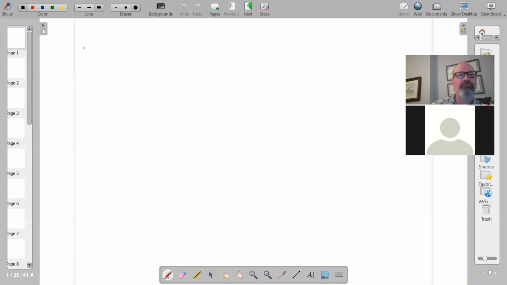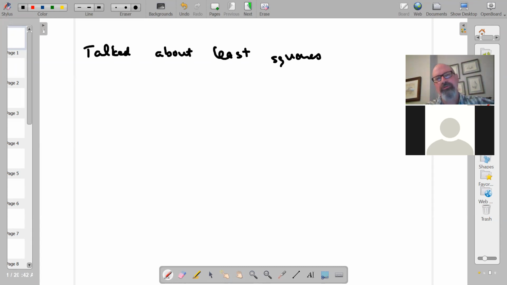So yesterday we talked about something called least squares. In most linear algebra books, this topic is at least addressed, but to be honest, I think it's probably in most linear algebra books because they have to make it appear that the book has some practical application to what people might actually be doing at some point.